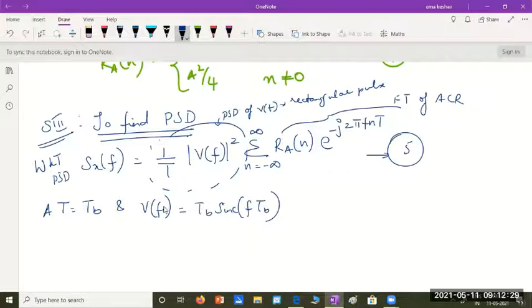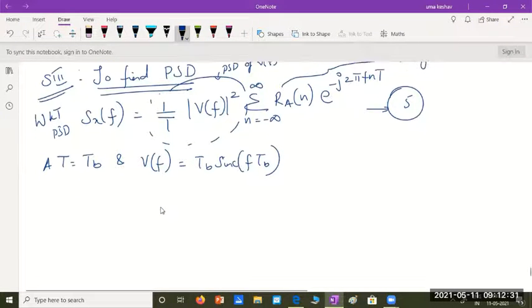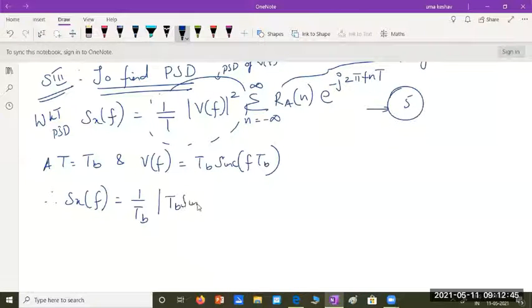Next, what should I do? Substitute and simplify. Therefore, Sx of f is equal to 1 by TB into TB sinc FTB whole square,